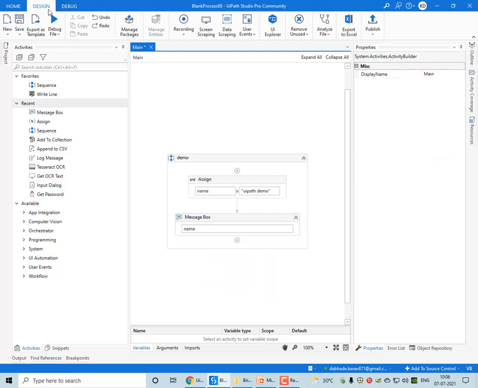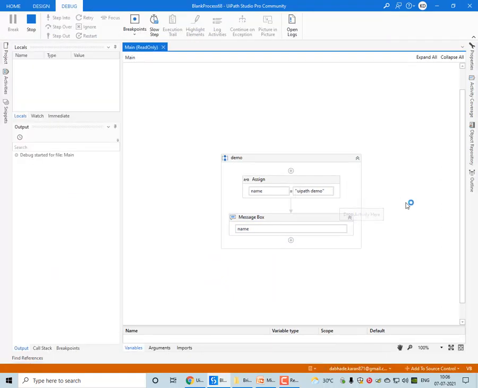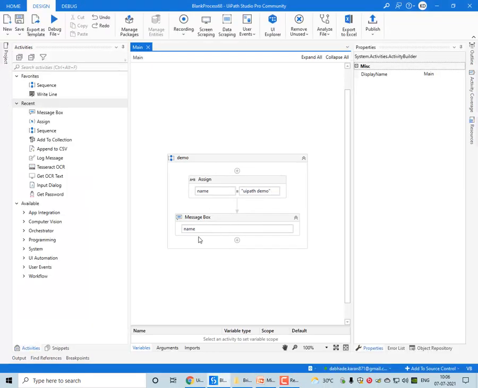Now simply executing this, it has shown the output UiPath demo. So this text is stored in this variable. This way we can create a variable in UiPath. So this was a string variable.